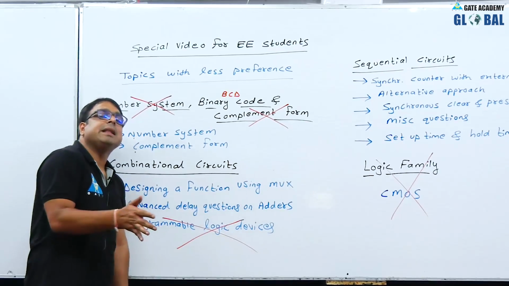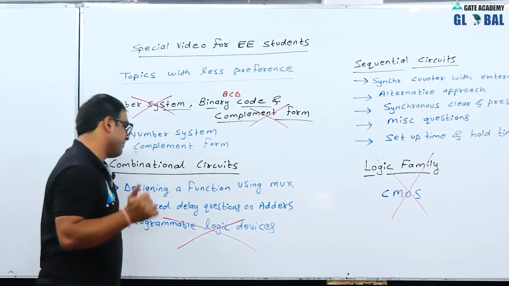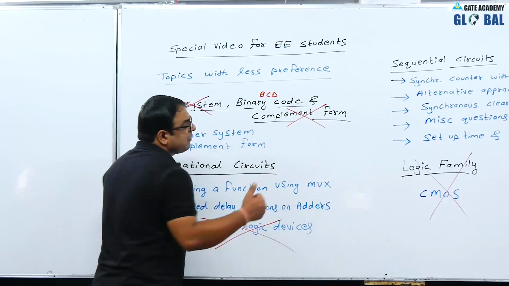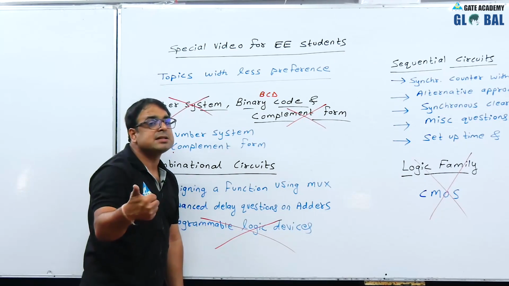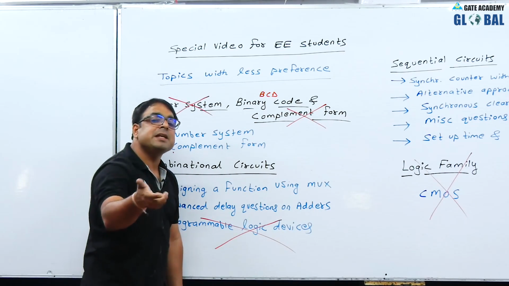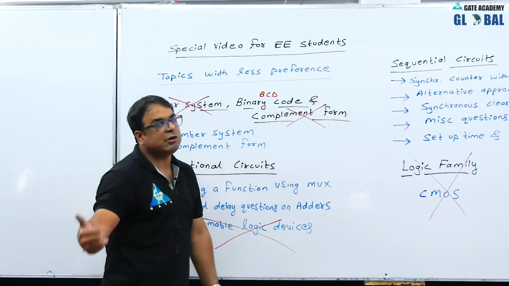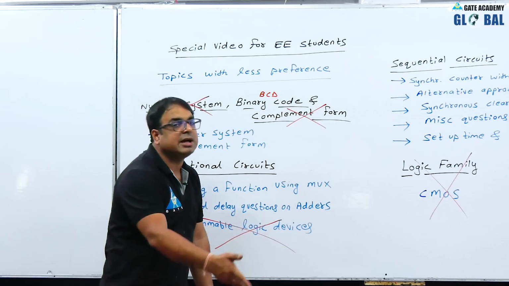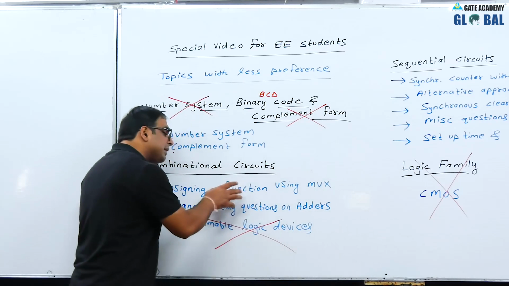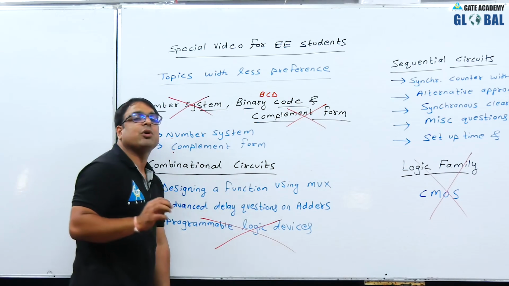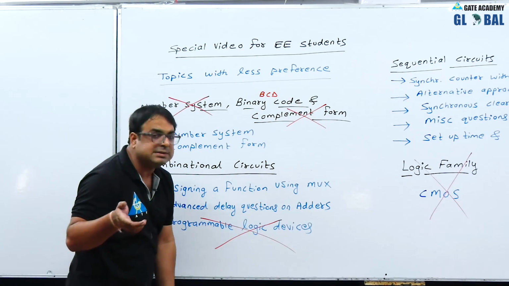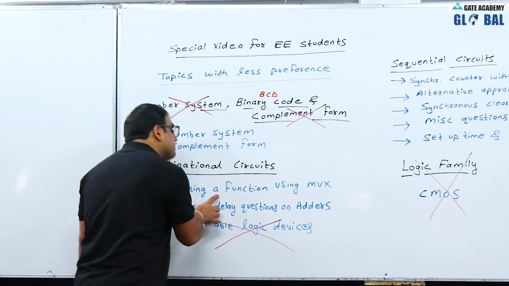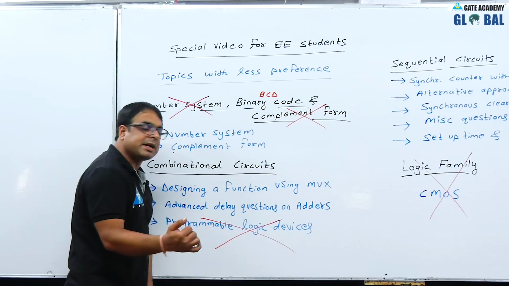Now, coming to the less important topics. In multiplexer, we will discuss 2 things, analysis and designing. Analysis means a multiplexer is given, you need to find the output. Designing means a function will be given, you need to design it using a multiplexer. So, guys, you have to mainly focus on analysis of a multiplexer rather than designing of a multiplexer. So, this part you can give less importance.